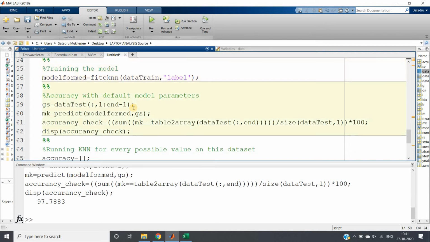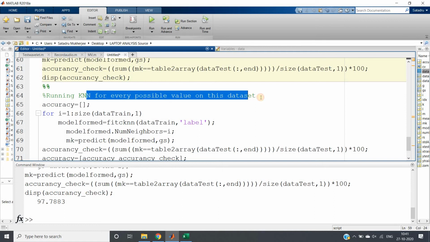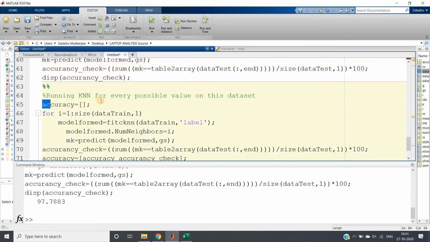So what we are doing is running KNN for every possible value of k, and each time we'll store the accuracy in this empty array that we are creating. So for i equal to 1 colon size of data train comma 1, this is for changing our k value. Model form equal to fitcknn of data train comma label. Based on label we are training our model, and model form dot NumNeighbors equal to i.